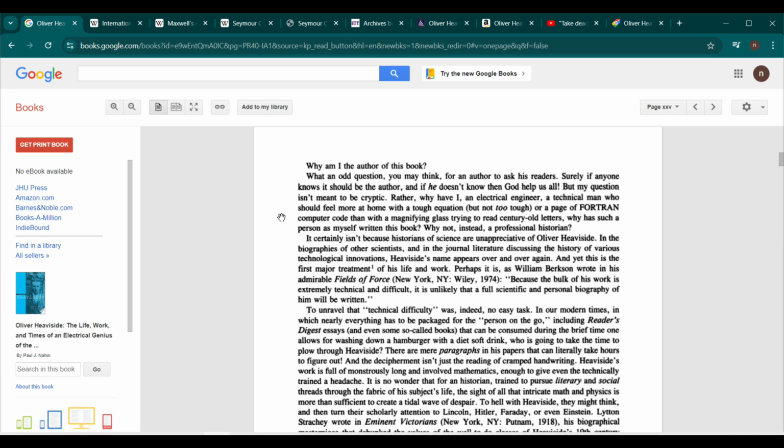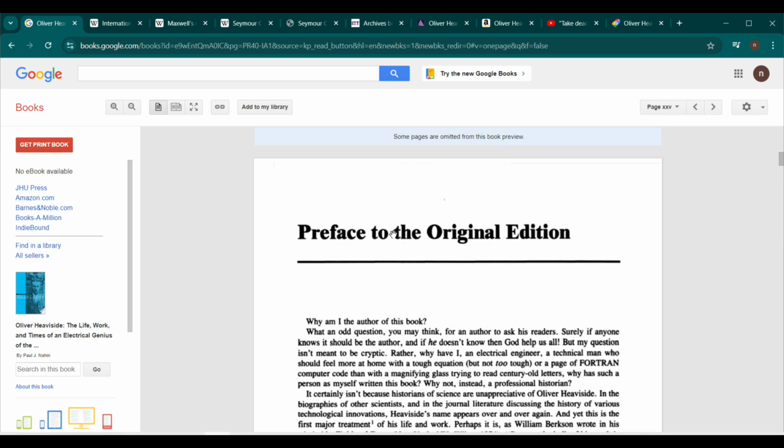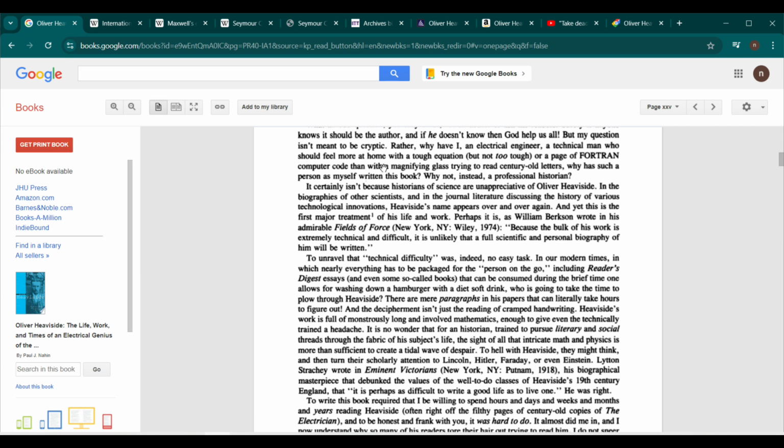But yeah, I mean, there's so many sections here. Why it's interesting to read about him, because why is he the author? Why is it an odd question that he would even be asking his readers? So he's very reflective on the whole aspect of writing this book. And this was in 1988, I presume. Yeah, preface to the original edition. So